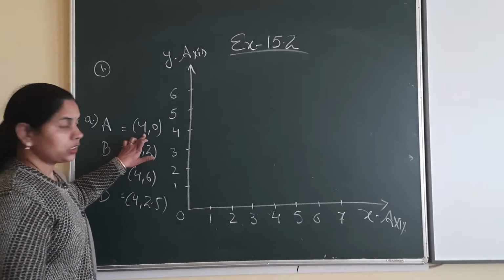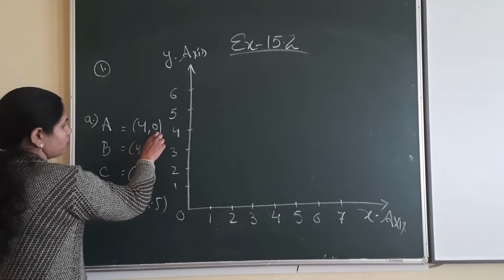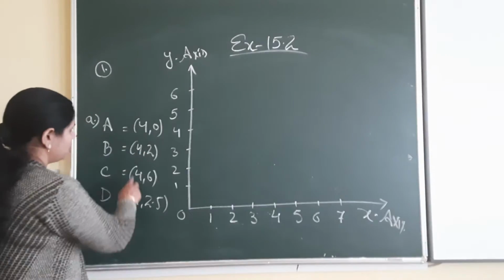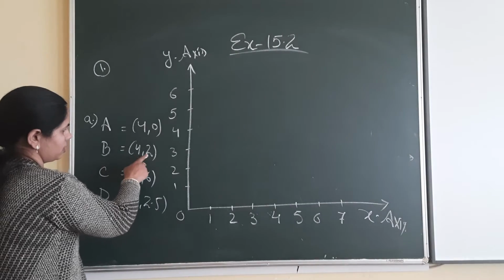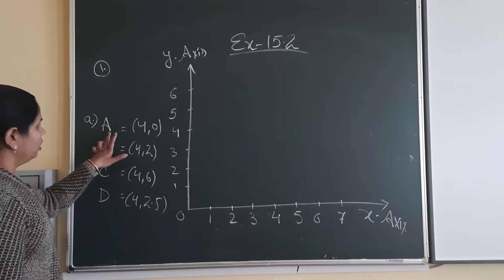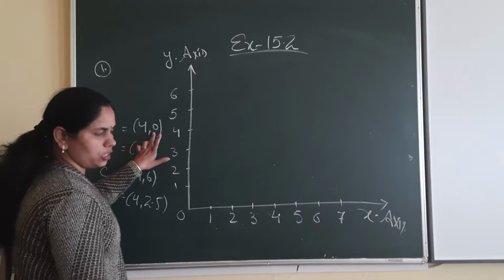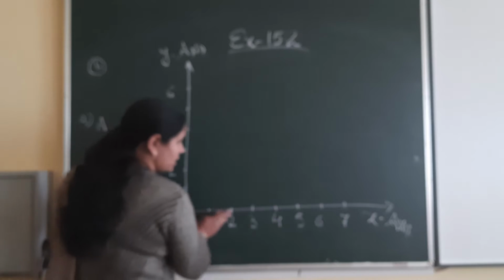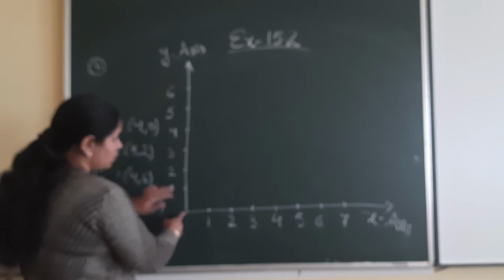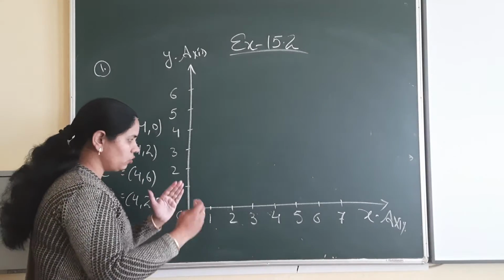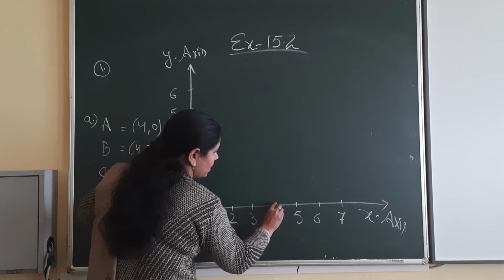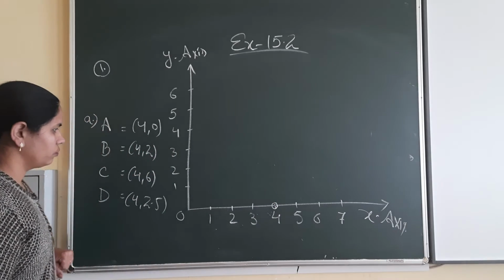Suppose I am taking point A. This one is 4, 0. 4 is the value of x coordinate and 0 is the value of y coordinate. Same way here, this is the x coordinate value and this one the y coordinate, same for C and D. Now how to locate? In point A we are seeing 4 and 0. So 4 we will see on the x-axis, it is here, and 0 for y is coming here. So both the points will meet on a point. So 0 is here and 4 is here only. So first point is this one, 4, 0.